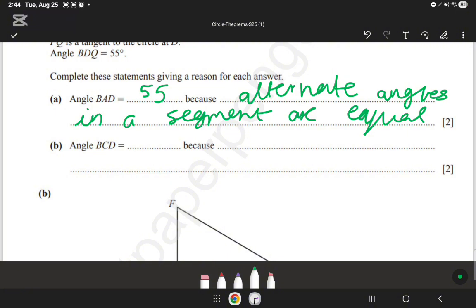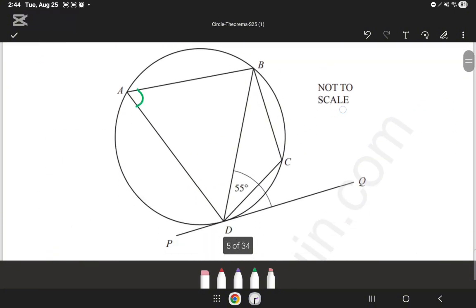So next we have to find angle BCD. B, C, and D. So this angle, and we have to give our reasoning. Now that we know this is 55,